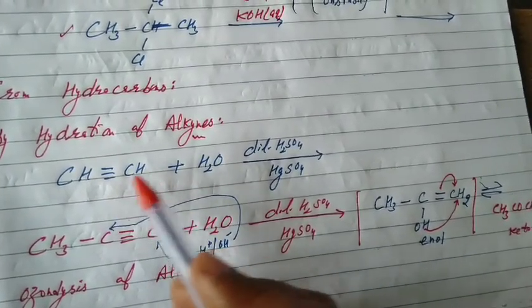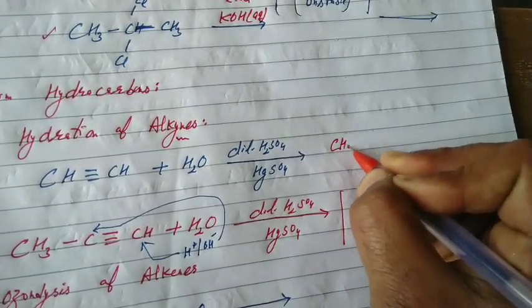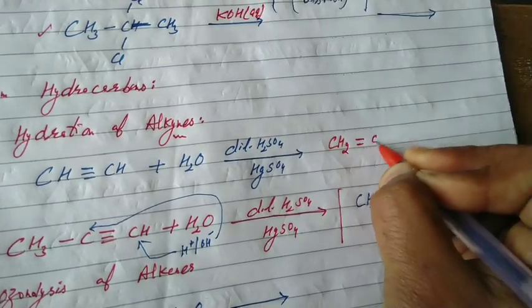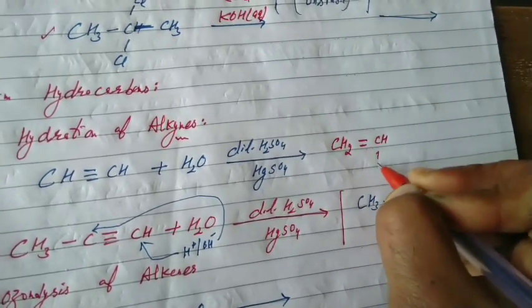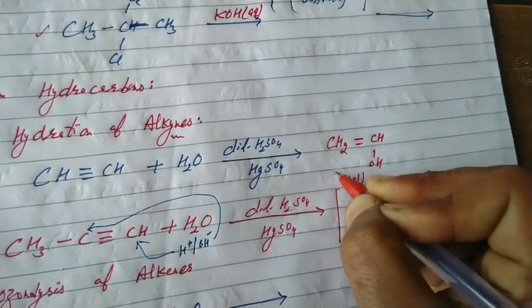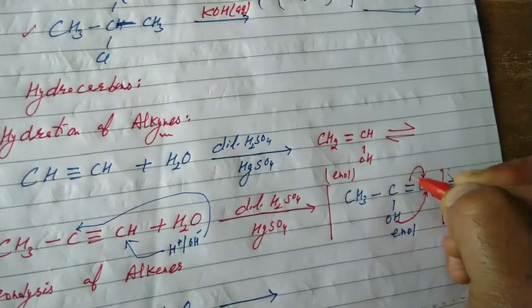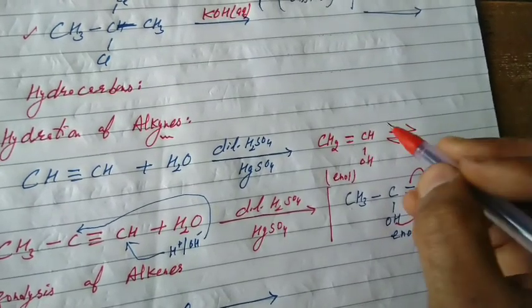Unsaturation, they contain identical hydrogen. What did we get? Again an enol, the triple bond reduced to a double bond. Whenever we get hydration of alkynes, we get an enol. The enol changes to the keto form, that is tautomerism. The two forms exist in equilibrium, with 1,3 migration of a proton.